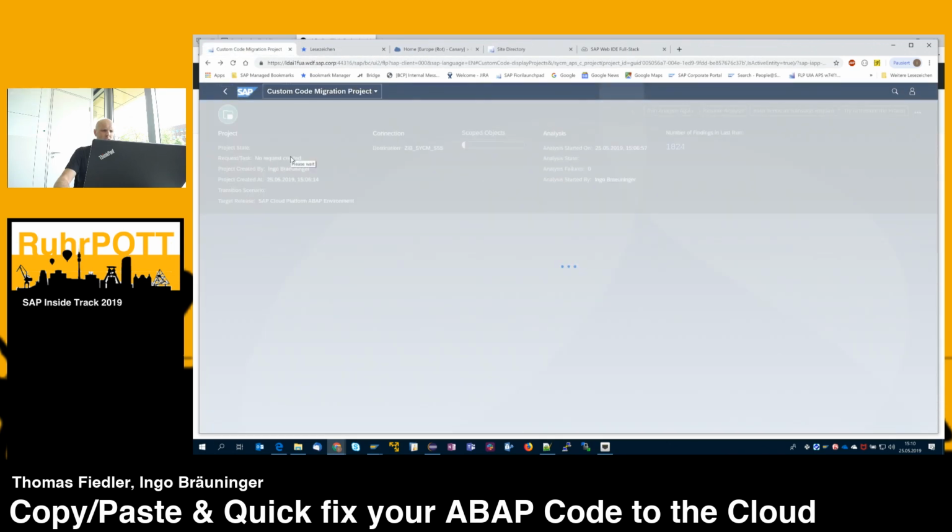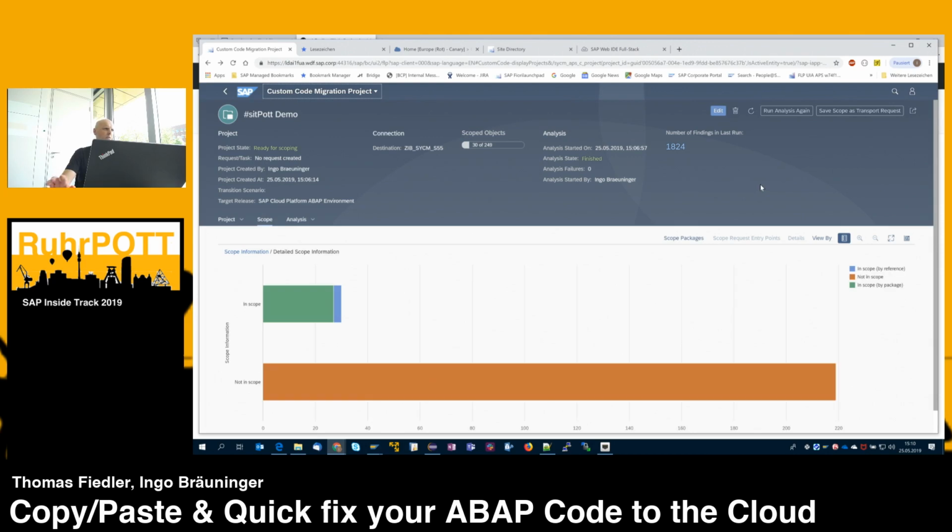So going back to our project, what is still under development from my side is that we save the scope as a transport request. And of course it would be nice, and we are currently working on that, that if you save the transport request, we create a Git repo out of that directly, and we can take that repo and pull it into the ABAP in the cloud system. Currently it is not working, so we still need to go the way over the GitHub account. That's why we have this ABAP Git transaction to bring it over. But it's in our backlog, we are working on bringing the objects directly into a Git repo out of this Fiori application.